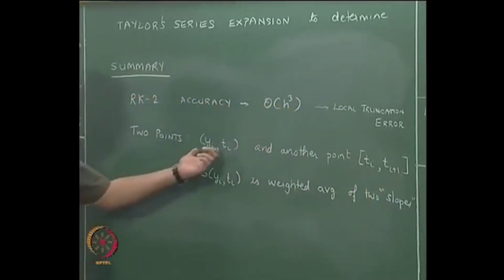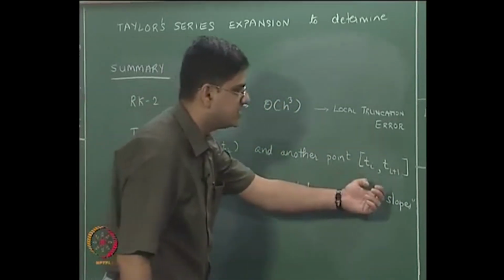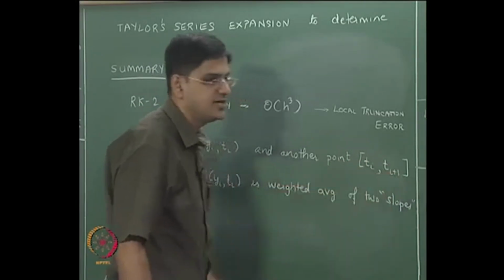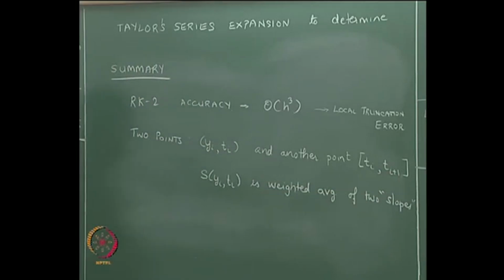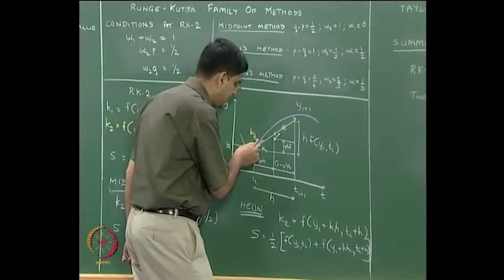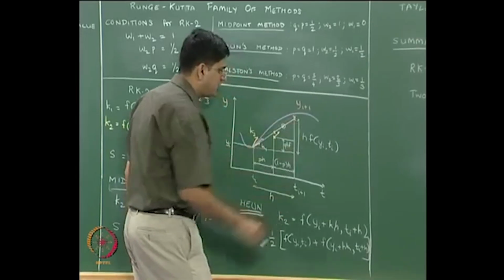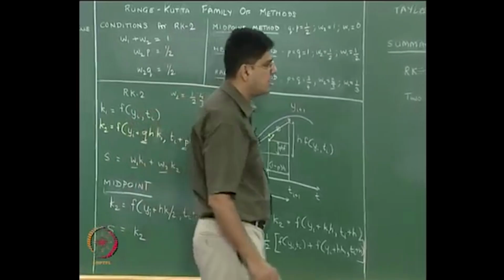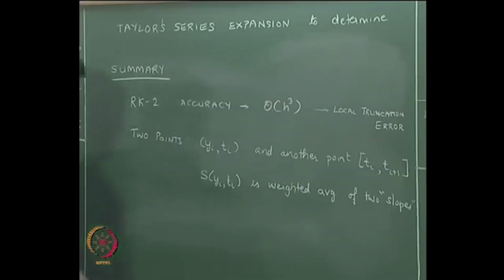The first slope computed at yi comma ti and the second slope computed at an appropriate location between ti and ti plus 1, lying on the straight line with a slope equal to k1 connecting ti to a point in ti plus 1. So the second point lies along this particular line itself, okay,